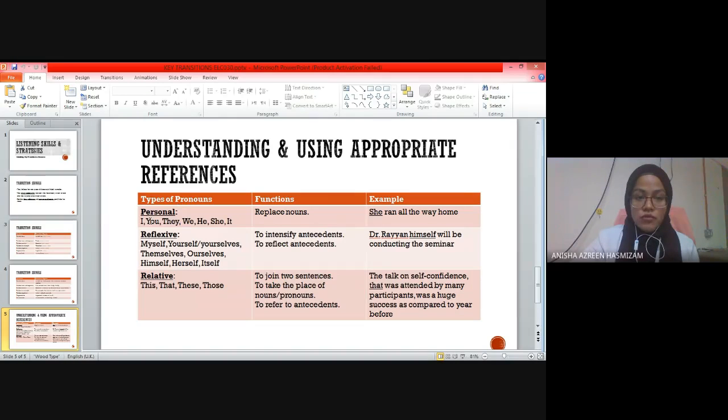Okay, types of pronoun, personal pronouns, maknanya benda tu you are going to describe kita, kita ataupun dia, macam tu. So I, you, they, we, he, she, it. Ini you gunakan untuk replace nouns. Okay, ini harapnya you understand lah how to use it, because this is our reference. I think I have the slide on the Padlet. Kalau tak ada, ask me for the slide.